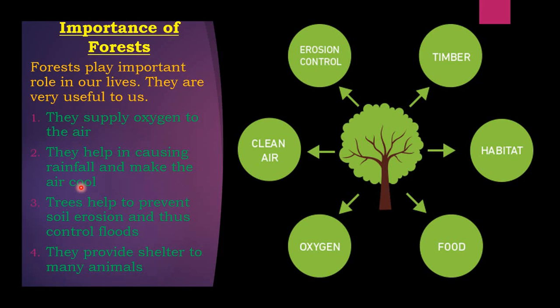Of course, these are the good characteristics of the trees. Wherever trees are there, wherever the forests are there, that place always receives very good heavy rainfall. So each tree is helping to cause the rainfall to fall. But now there are no trees, so from where will the rain come?